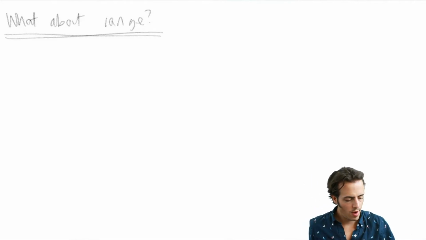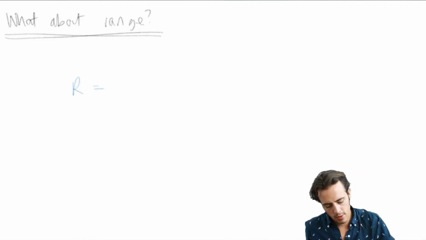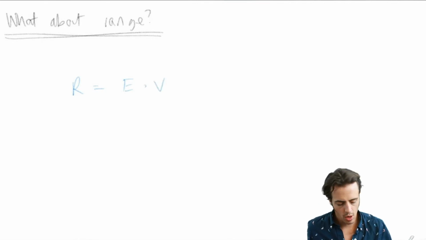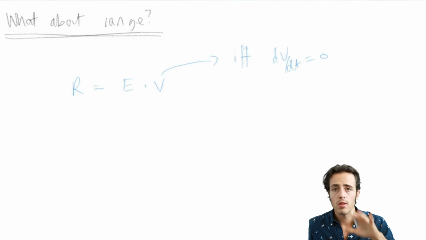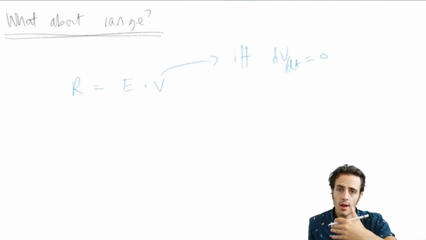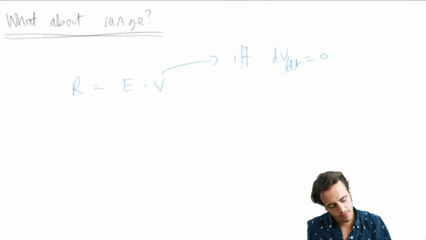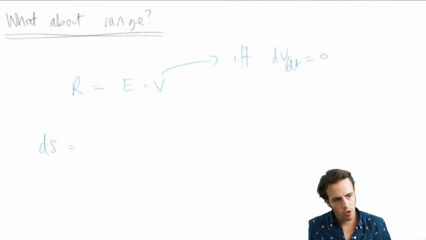So if we want to look at the range, we can say that R is equal to the endurance multiplied by the velocity. Common sense, but actually this is only the case if V is constant. So we can't necessarily use this for our purposes. So we're going to define an incremental range. So we say ds, where s is just a displacement, is equal to the formulation that we used for the range earlier, which was